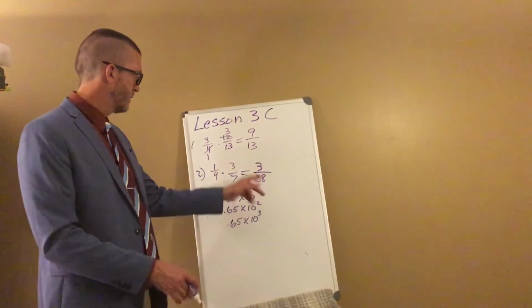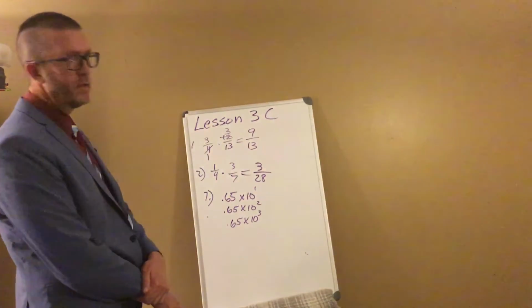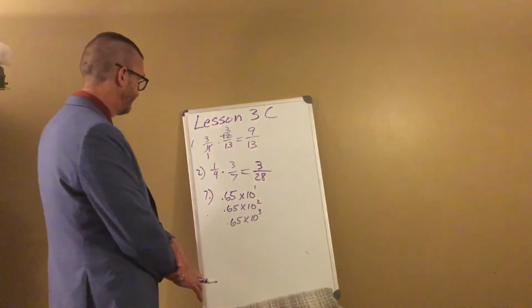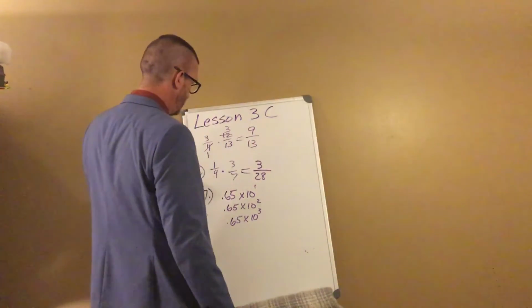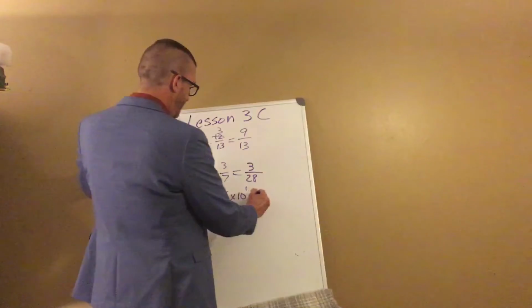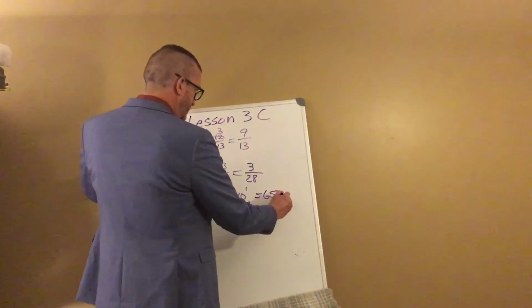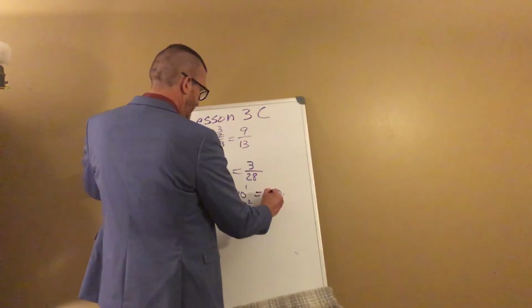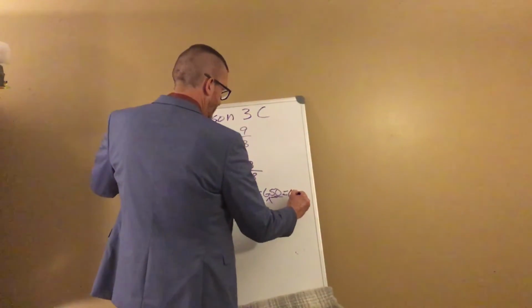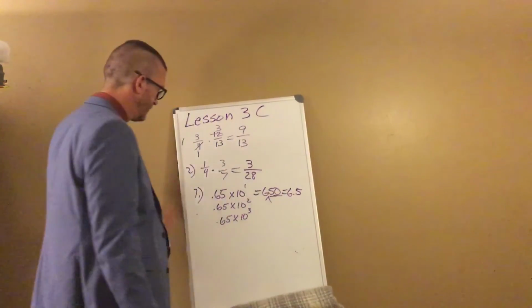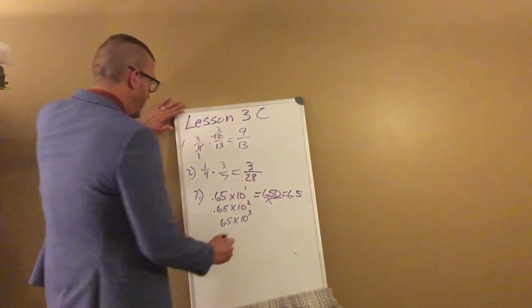What changes is our exponents over here. 10 to the first power is 10. So 10 times 65 is 650. 2 decimal places. We move it once, we move it twice, we put it there. 6.5/10. 10 squared would be